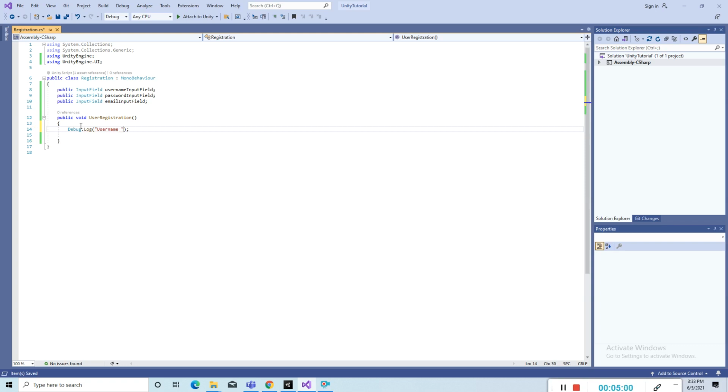Username has a property text, so you can access the text property of that username input field. Same for password and email.